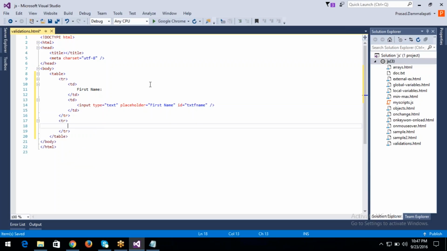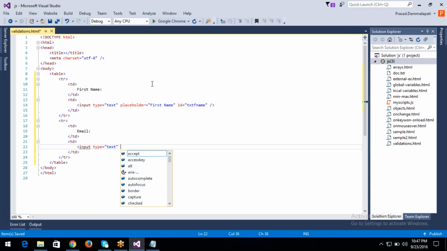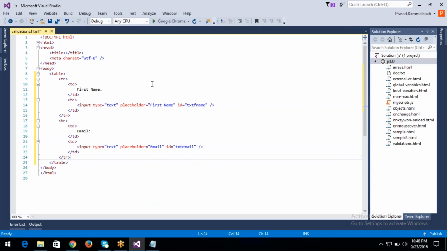And second row, td, email, input type equal to text box, placeholder email, and id txt email. And td,